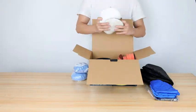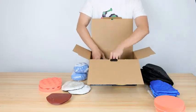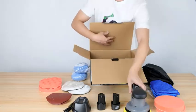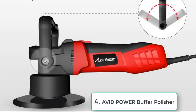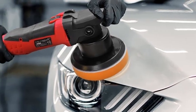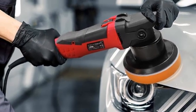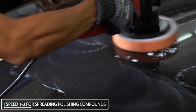Its random orbital motion ensures a swirl-free finish, while the variable speed control allows you to adjust the tool to suit different tasks, from light polishing to heavy correction. The ergonomic design ensures comfort during extended use, reducing fatigue. The polisher comes with a 10-foot power cord, providing ample reach for larger vehicles. Included in the kit are a 6-inch hook and loop backing plate, a polishing foam pad, and a user-friendly side